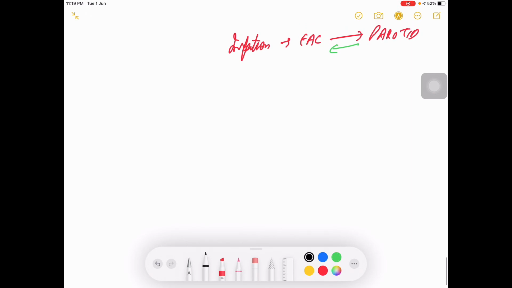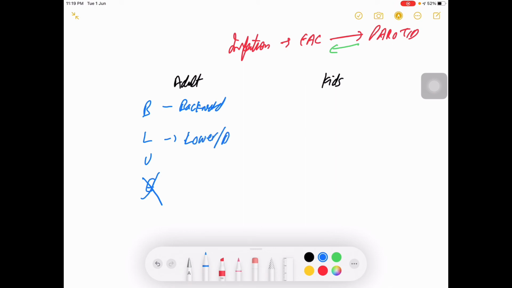Now when a patient comes to you and you need to check the external auditory canal, you will see that the external auditory canal is not a straight line. In order to visualize the whole of it, you need to bring it into a straight line by pulling the pinna in a certain direction. Now what is that direction? It is different for adults and different for kids. For adults, it is simply BLUE but without E, that is backwards, lateral, and upwards.